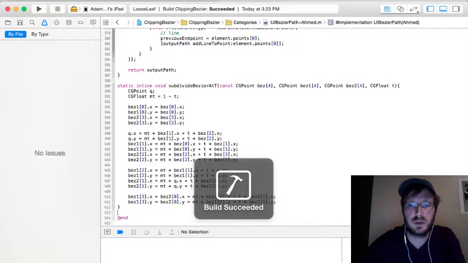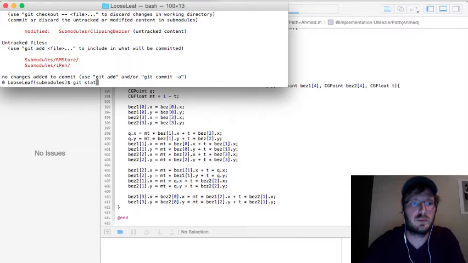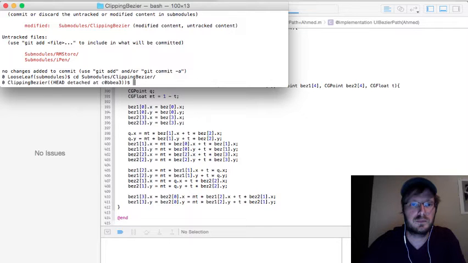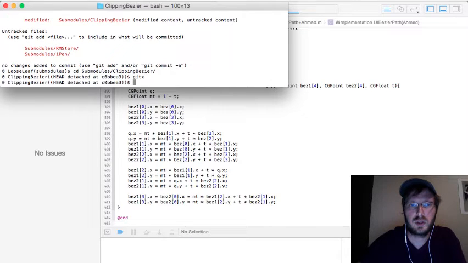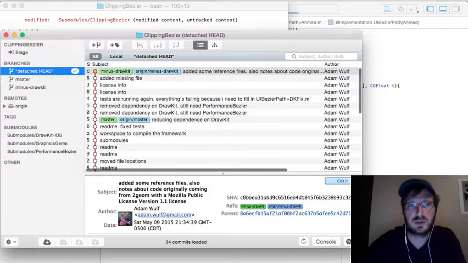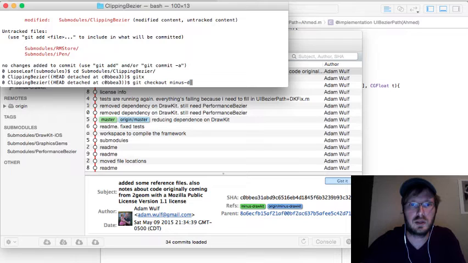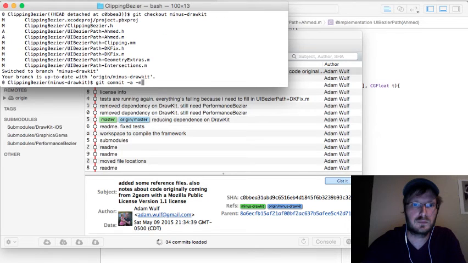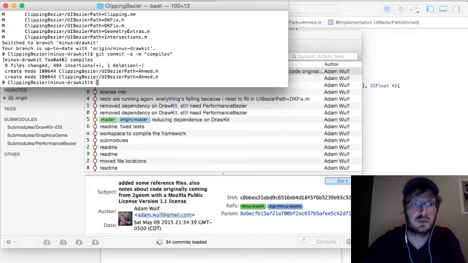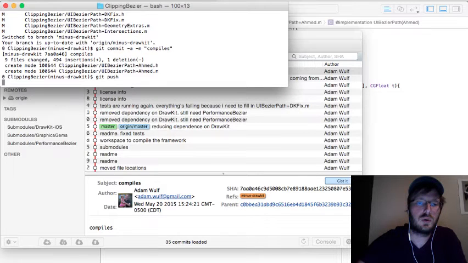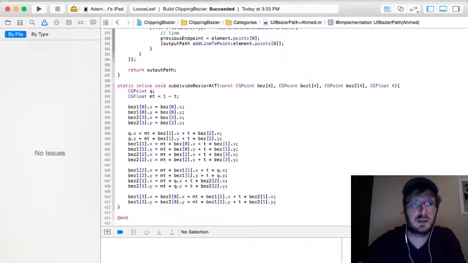Cool. So everything builds and succeeds. So we're going to commit that. So I think I need to be inside of this submodule. And what is the, it's probably just master. No, minus draw kit. Git checkout minus draw kit. Compiles. Great. Cool. Okay, cool. So now the next thing we're going to do is start adding implementations to every single one